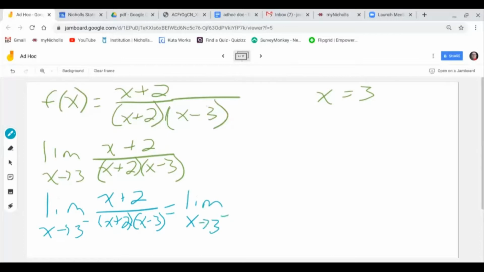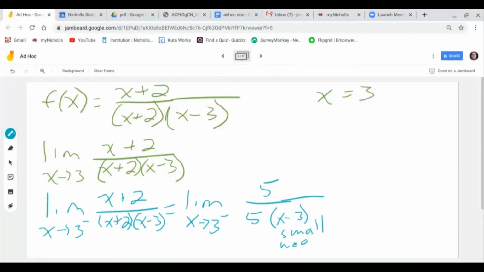But that numerator is going to go to 5. This x + 2 here is going to also go to 5. But what's going to happen with that x - 3? Let's keep that written for right now, and let's think about what's going to happen. So what we're doing is taking a number that's very close to 3, but less than it. It's on the left side, and we're plugging it in here. And so when you take a number that's very close to 3, but less than 3, and subtract 3 from it, what you're going to end up with here is a small